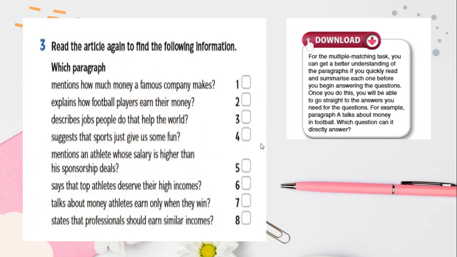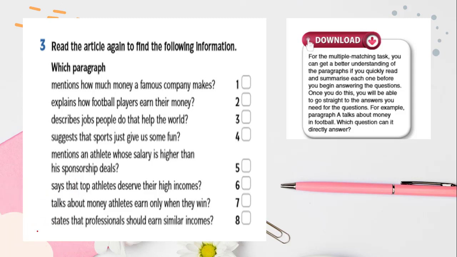Okay, for example here, read the article again to find the following information. So which paragraph means perenggan mana yang menyatakan statement tersebut. Remember just now we have A, B, C and D. So you have to do this exercise in your book, for example. Alright, for example, which paragraph mentions how much money a famous company makes? So if you still can remember, or if you refer to your textbook, the answer would be, for this one, is,